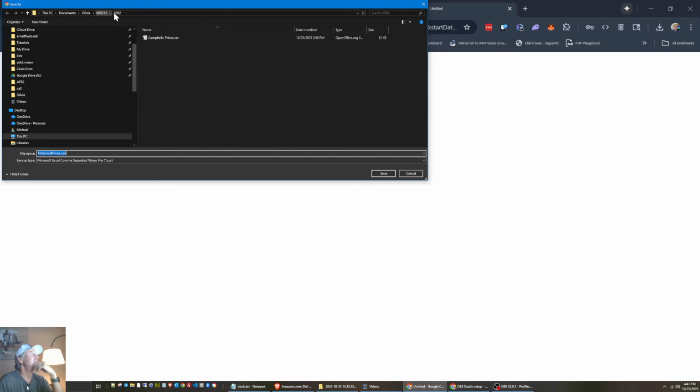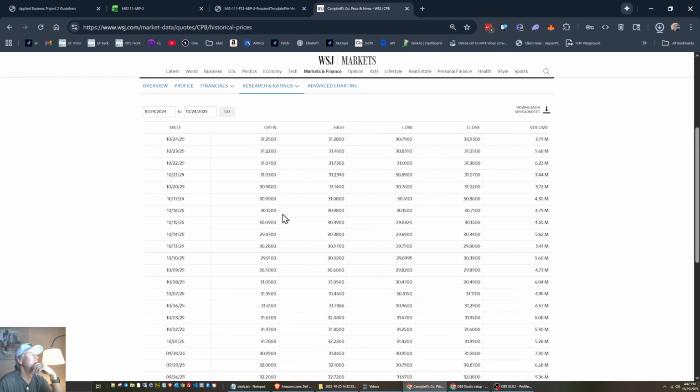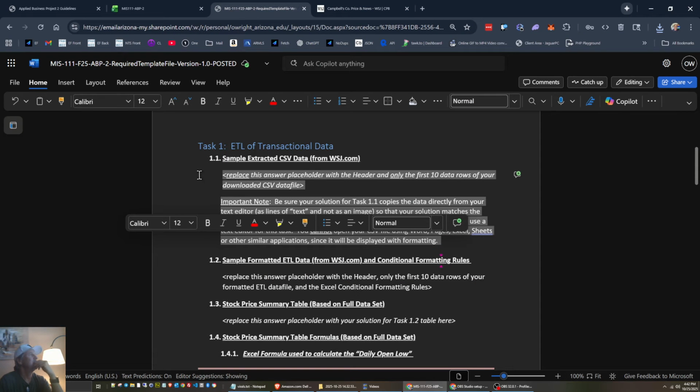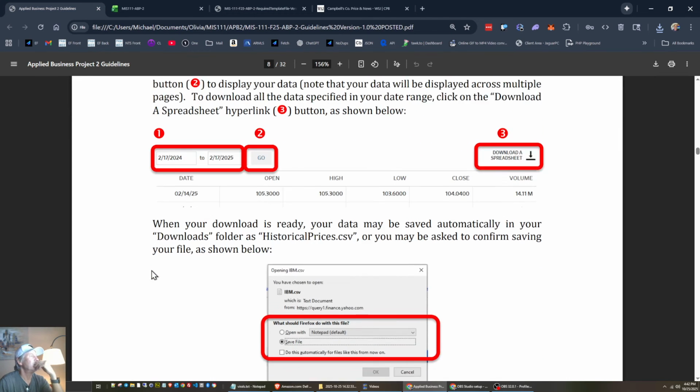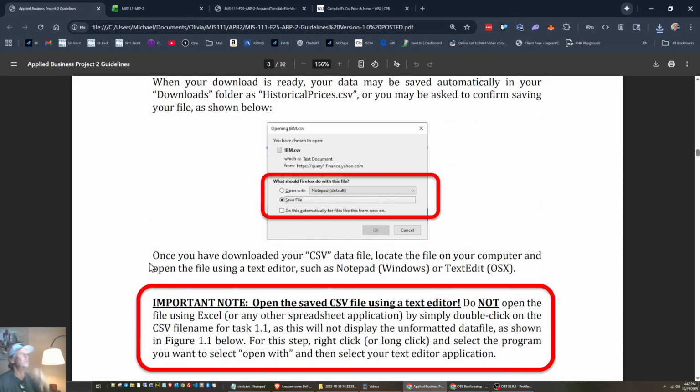So I'm going to save this in the folder I created. I already did it before, but see how it saves it as a CSV file, a .csv. So Campbell prices, I just named it Campbell prices. These are stock prices, every day of stock trading and what the stock traded for. So the next thing, when your download's ready, it may be saved automatically in your downloads folder. Okay, we did that. Once you've downloaded your CSV data file, locate the file on your computer and open it